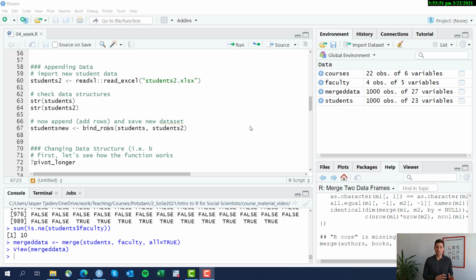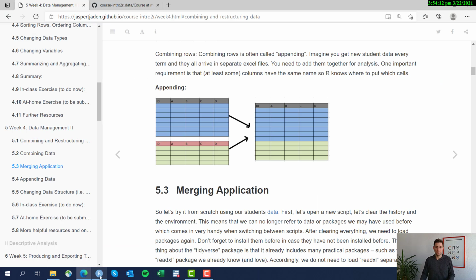All right, in the last clip, we learned how to merge data together based on similar rows, right? And I showed you how to use the merge functions. There are other functions you can use, like the join function, for example, but the merge just worked fine. Now I'm going to show you how to append data sets, which basically means adding data sets together one after